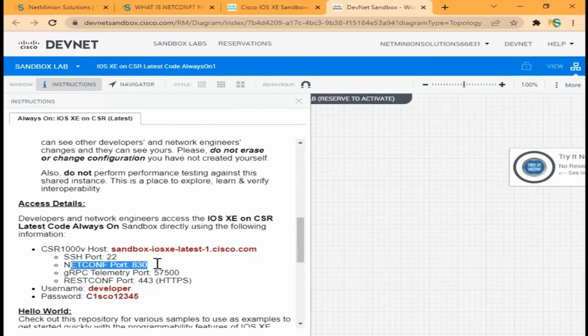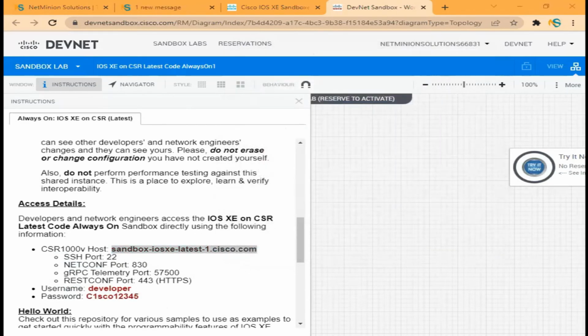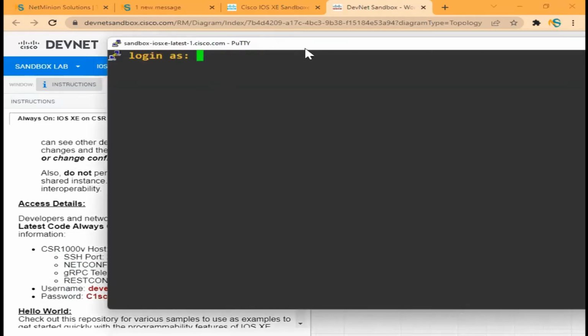They say what port NETCONF is, what the username is, what the password is, what the device host name is, or maybe this is the particular host name which is used for your internet. If I do the PuTTY thing, SSH port is 22. Open it, and you can see that this is getting open for me.